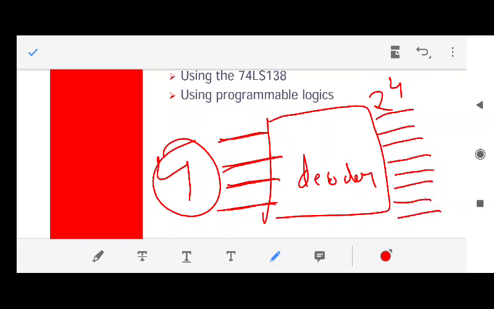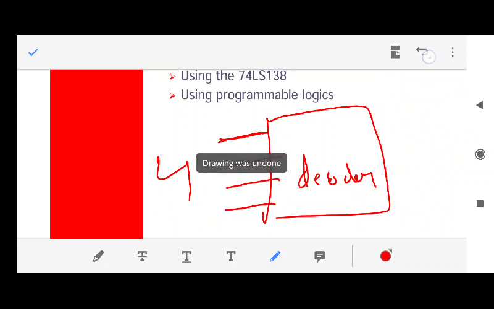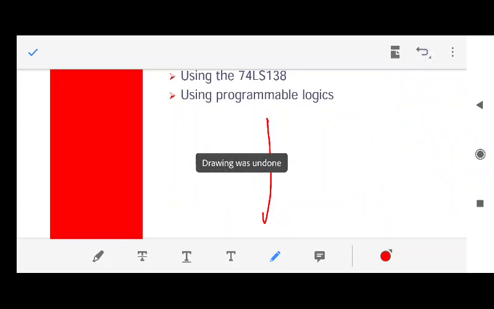Now by giving input to this decoder, you can select either this pin, or this pin, or this pin. Fine. How to do it? Let me explain it more clearly. Please understand this example, because this example is not written in the book, nor in the slides. I am explaining this example so that you can more clearly understand why decoding is required when you interface the memory with 8051.